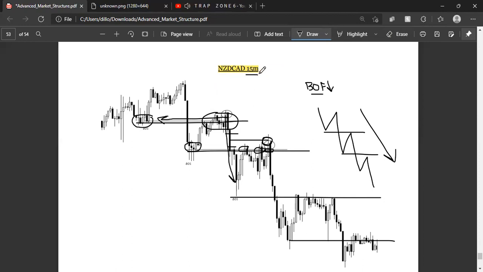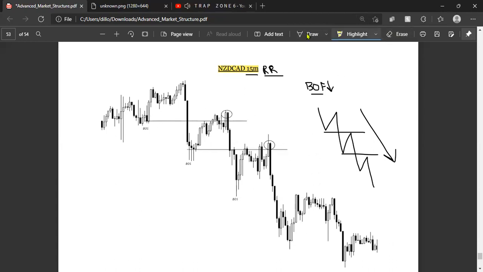And we're on the 15-minute time frame. So already the risk to reward is really good. This isn't much drawdown from this entry here. And if you want to make it even better risk to reward,